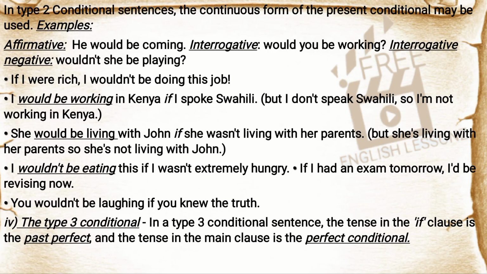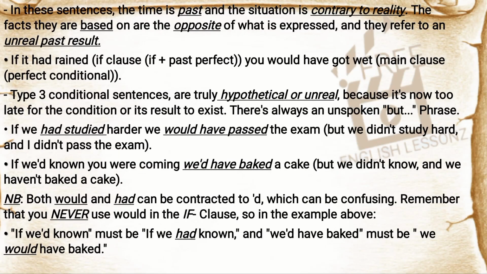4. The type 3 conditional. In a type 3 conditional sentence, the tense in the if clause is the past perfect, and the tense in the main clause is the perfect conditional. In these sentences, the time is past and the situation is contrary to reality. The facts they are based on are the opposite of what is expressed, and they refer to an unreal past